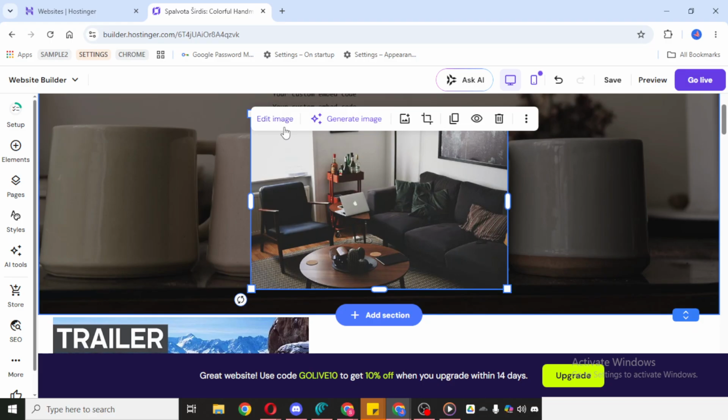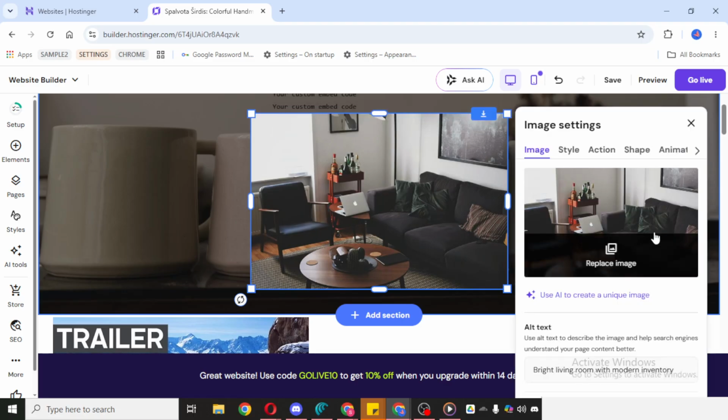Next, you can adjust the image's position and height. Take your time here, because these settings help the image fit nicely with the rest of your content. If the image looks too large, too small, or slightly out of place, you can fine-tune it until it feels right for your design. A good tip is to make sure the image doesn't overwhelm nearby text and that it looks natural on the page.